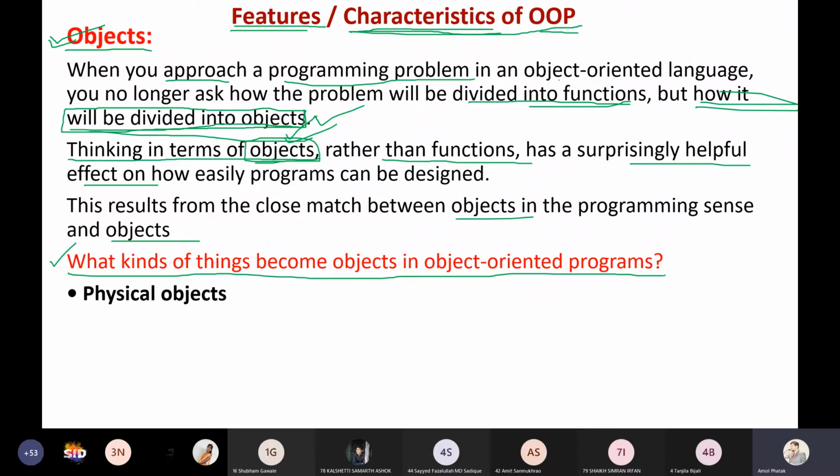Now I'm taking one example. From here onwards, I'm showing you examples of what you can consider as an object. Now suppose I consider a physical object. Do you get me? Suppose I consider it as a physical object. So for this physical object,